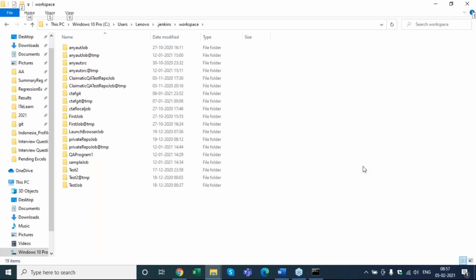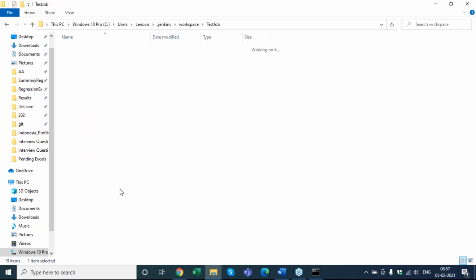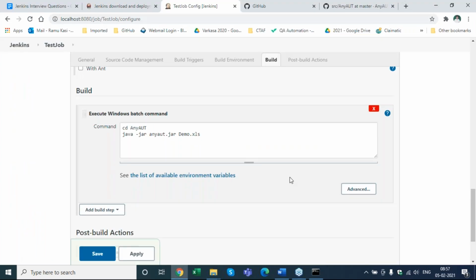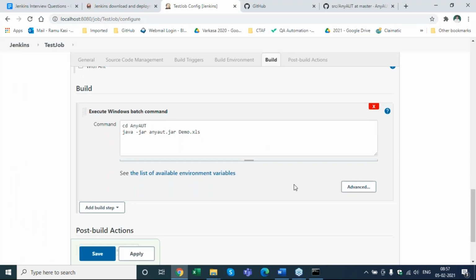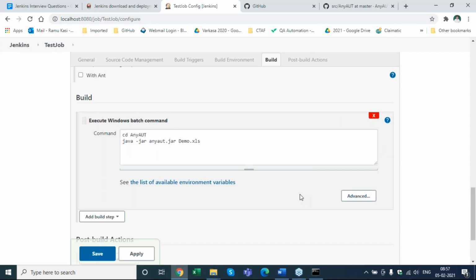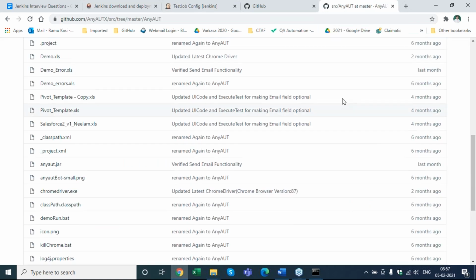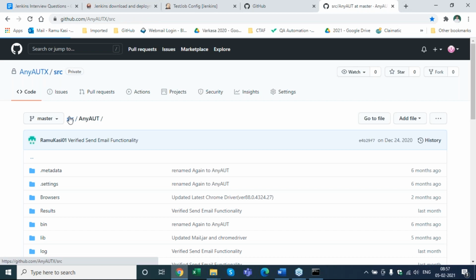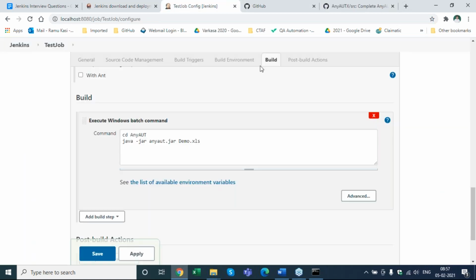So here we have to do a cd AnyAuth, go to that once we have the job. So what will be the name of the job? Test job. Right now it's demo project, but once we run this, then cd AnyAuth also should come here. Okay, that's what we are assuming. But one doubt, directly we are putting AnyAuth, right? So no need to put workspace and all the things, right? It will automatically take the default. What do you mean directly AnyAuth? Here we are just putting cd AnyAuth, right? So there's a location. The normal location is still Jenkins, right? So workspace is also the default directory. That's what I'm asking.